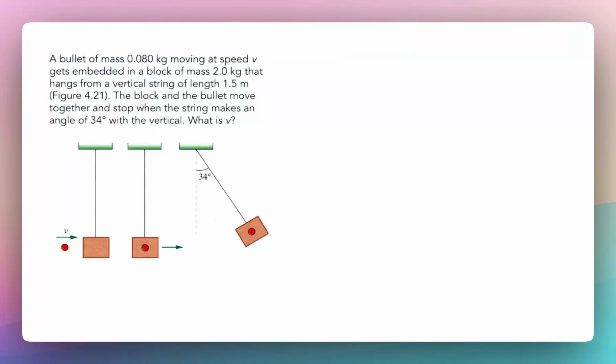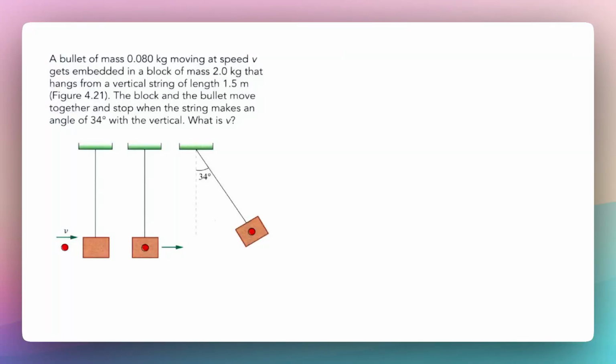So let's look at a very interesting question where we can make a mistake if we are not careful, especially with regard to the law of conservation of energy. It says a bullet of mass 0.08 kilogram moving at speed v gets embedded in a block of